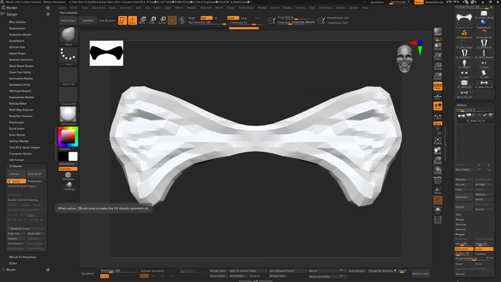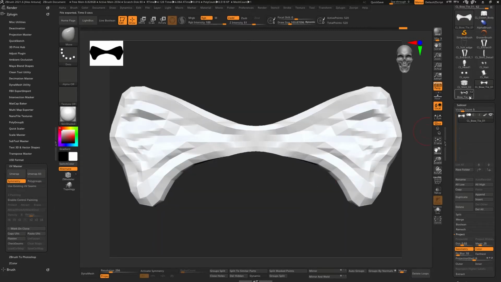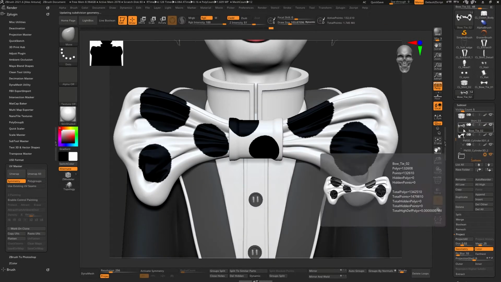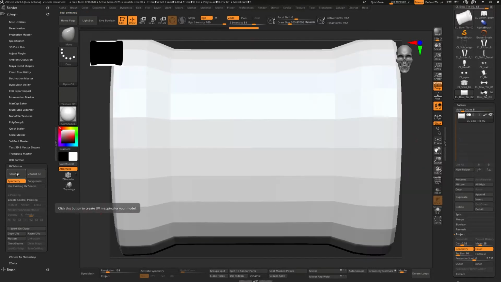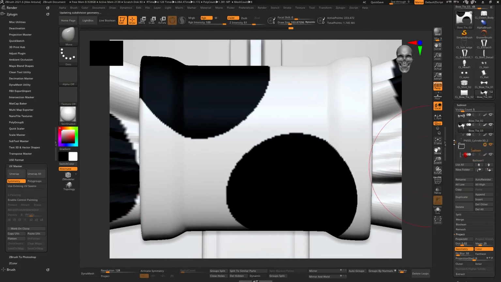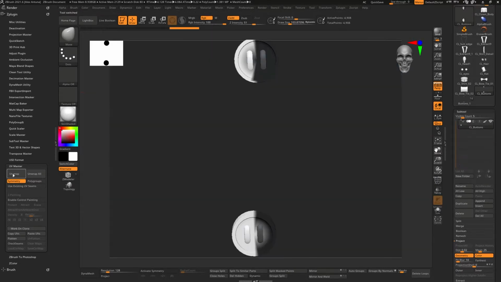The bow tie, and this unwraps pretty well. That one actually, I was like, cool. But it was previously unwrapped, so I didn't really need to worry about it, because that was unwrapped for that purpose, to get those UVs on it, to poly paint and stuff like that. I probably should have straightened out those UVs, but it just